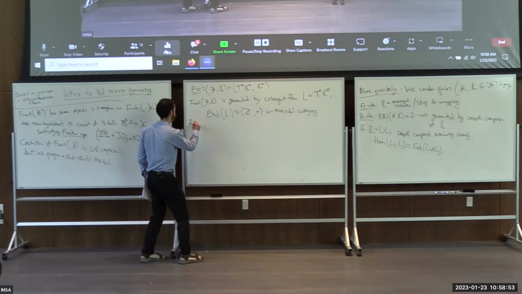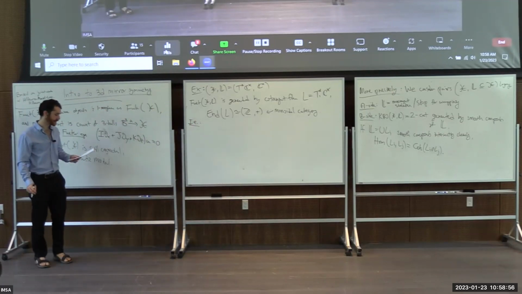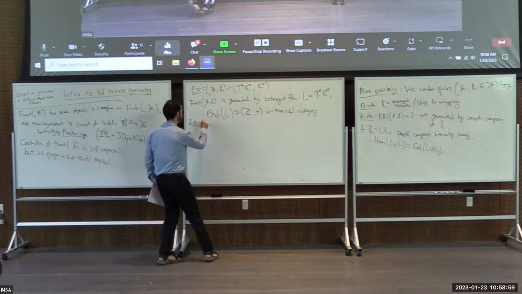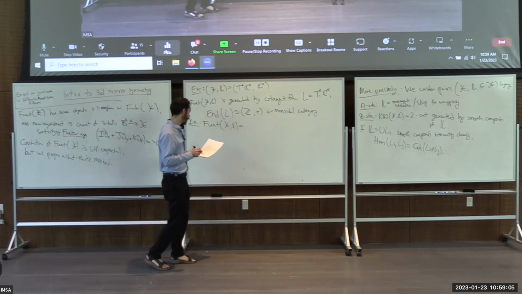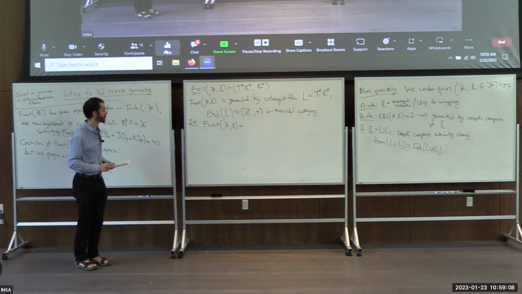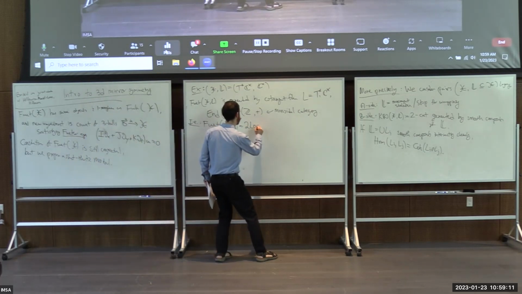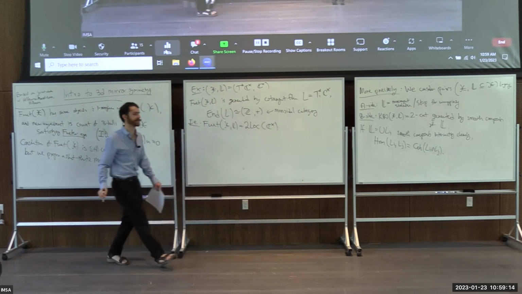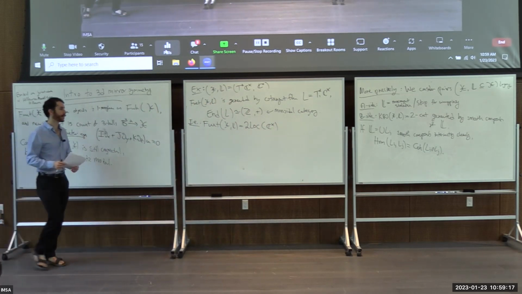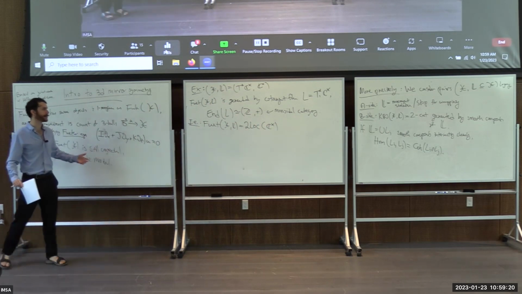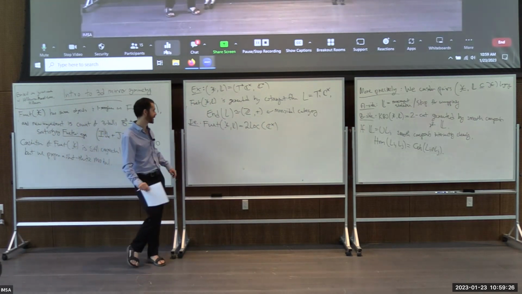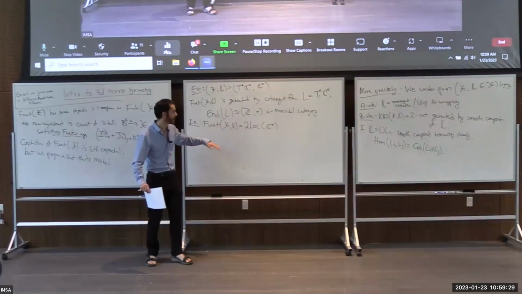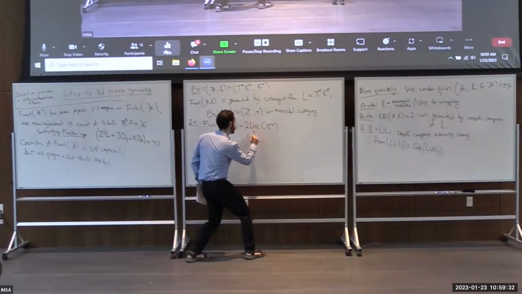In other words, what I'm trying to tell you here is that this Broader 2 category, XL, is equal to the 2 category of local systems of categories on C star, on the base of this cotangent bundle. Which again is what we're familiar with in Fukaya categories. The Fukaya category of a cotangent bundle is equivalent to the category of local systems on the base. Here we're saying this Broader 2 category of a cotangent bundle is equivalent to the 2 category of local systems of categories